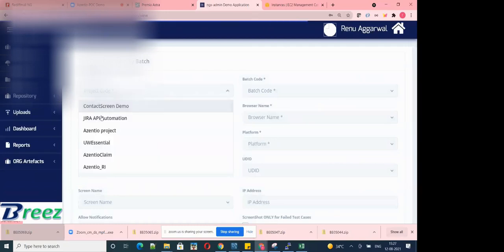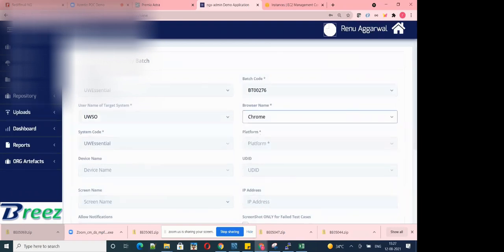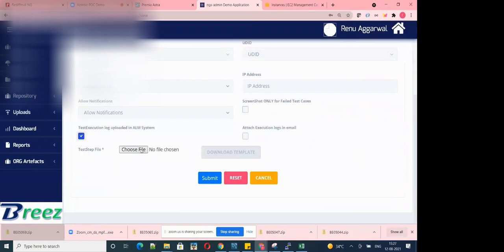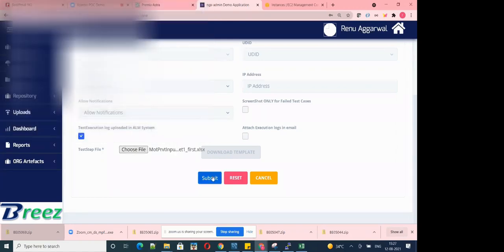So I'll select a project, underwriting project, and the batch, and I'll select UWSO because the UWJO is not working. So I'll select this one, and I'll select the input file. That's my input file, which will have the test cases wherein we will be creating a new quotation